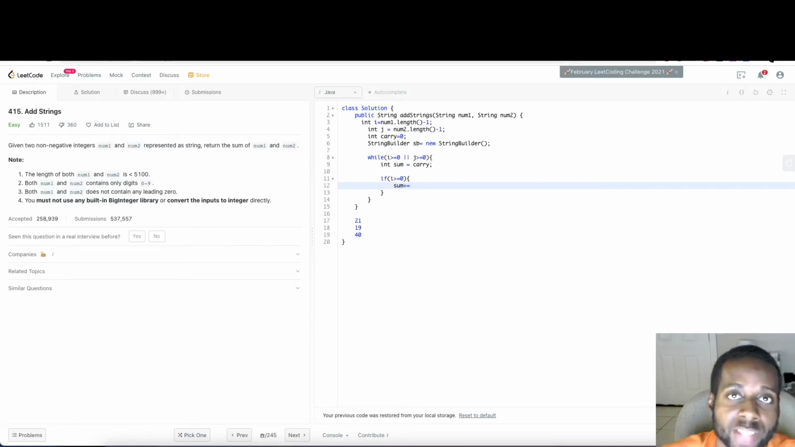We're gonna add it on top of it, to also account for it. So it's gonna be num1, the character that the i is at, which is gonna be i, right? And then we're gonna subtract from it the ASCII of the 0 character. So pretty much